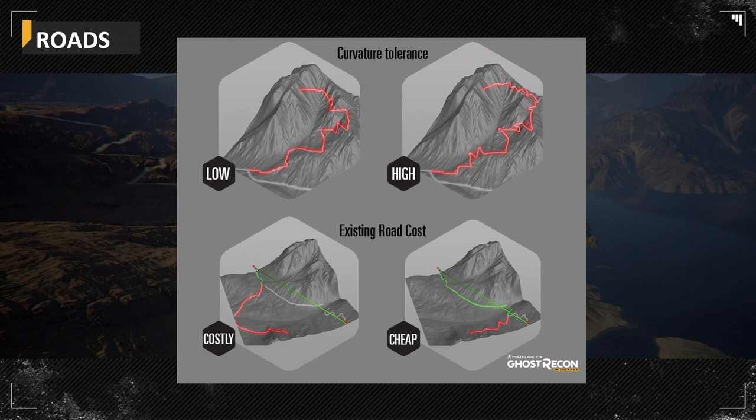That's the point, to define the curvature tolerance of the road, whether it's going to turn a lot or not, and to use any existing road to connect other roads. If I have already generated some roads, on the next iteration I want the next road to use the previous one and not wander around and go straight to the position, because the shortest path would probably be to connect to an existing road and then go to the objective.